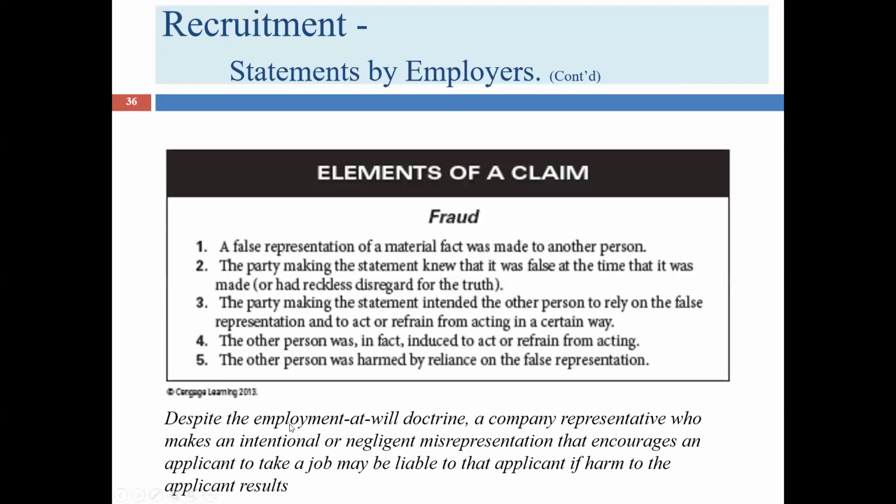Sometimes people conflate or confuse employment at will with right to work. So let me just make a little bit of a clarification about this. Right to work has to do with union scenarios. If you don't have a union, there is no issue in an employment relationship about right to work. Right to work in the union context has to do with whether a particular employee has to join the union in order to maintain his or her employment.